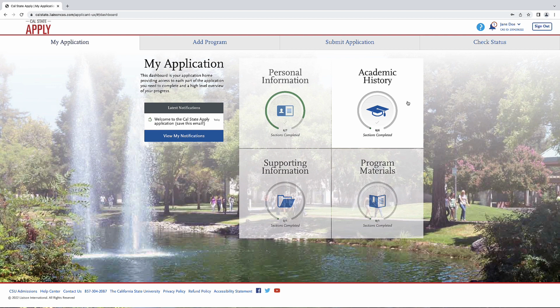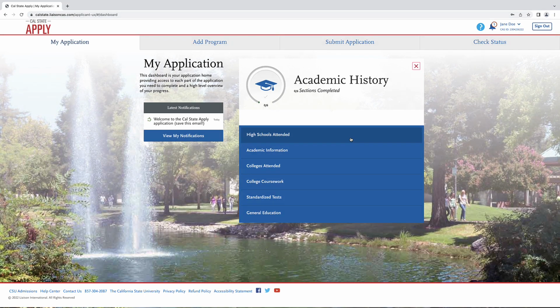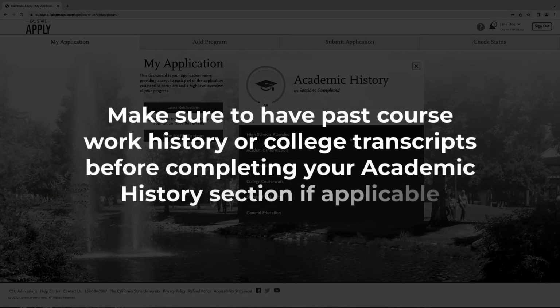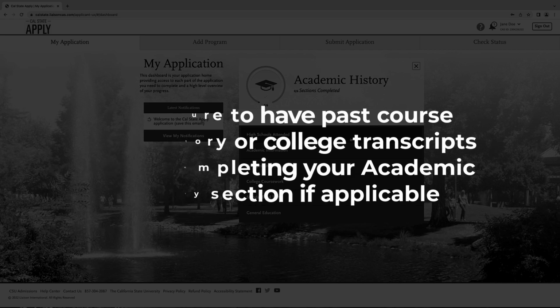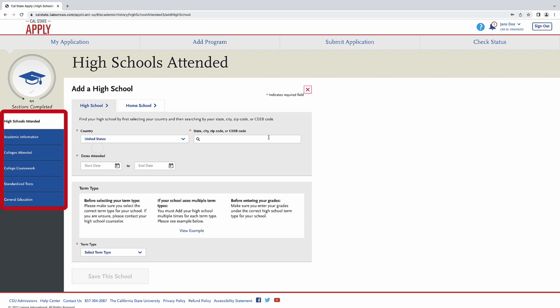Since we've already touched on the academic history section, let's do this section next. Now, an important note for this section is it will ask you for any past college coursework you have completed, so make sure that you have your college history or transcripts available to you through your past colleges before completing this section. The academic history section has 6 individual subsections that you will need to complete,